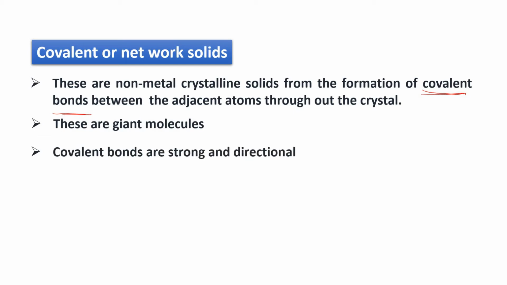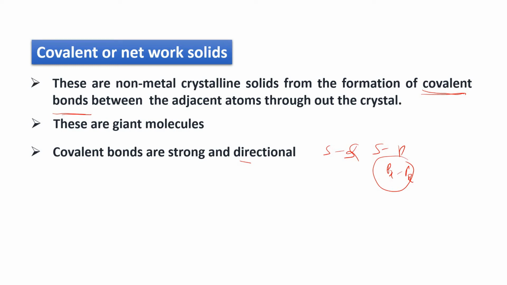Generally, covalent bonds are strong in nature because they are formed by sharing of electrons, contributing electrons equally and sharing equally, so the bond will be very strong. They are also directional. Why? Because if you observe here, they are overlapping. You see s-s overlapping, isn't it? s-s overlap, s-p overlap, px overlapping. So these are directional in nature. px overlapping will take place where? On the x-axis. py overlapping takes place on the y-axis.